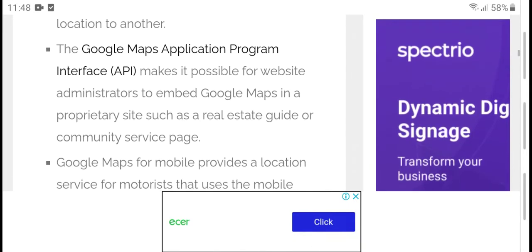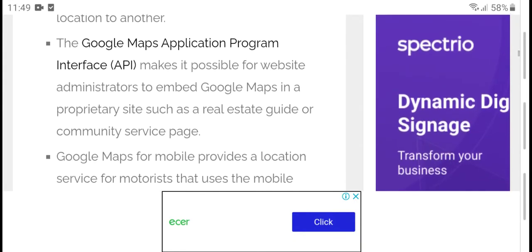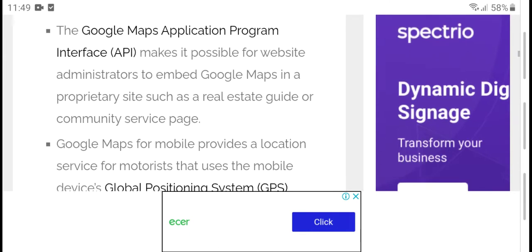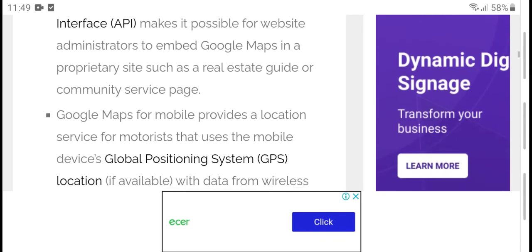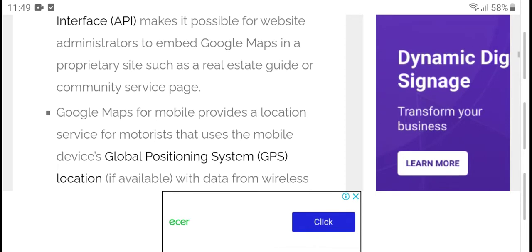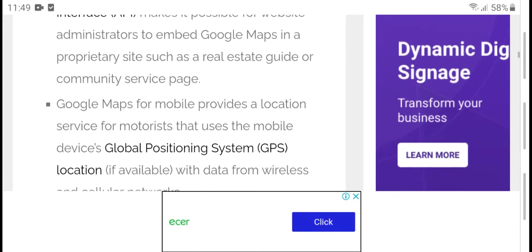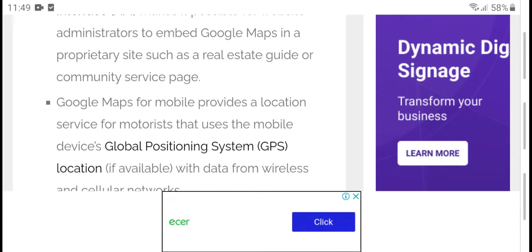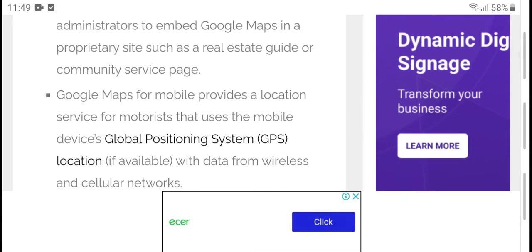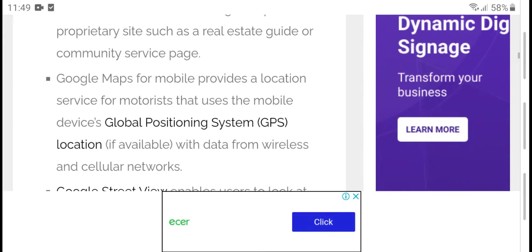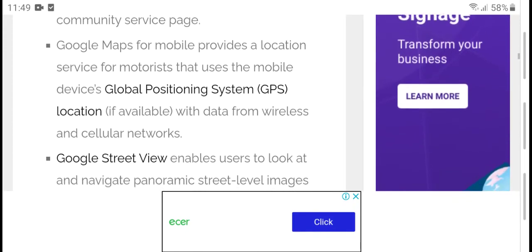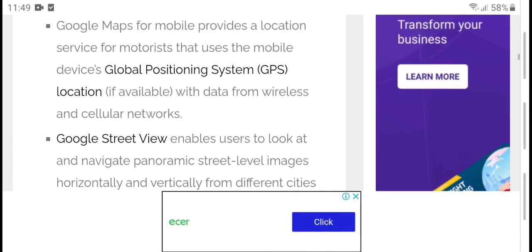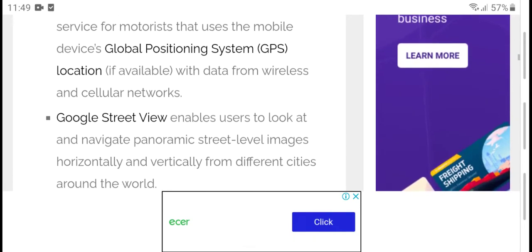The Google Maps application programming interface makes it possible for website administrators to embed Google Maps in their sites, such as real estate guides and community service pages. Google Maps on mobiles provides location service using mobile device global positioning systems, GPS, with wireless and cellular networks.